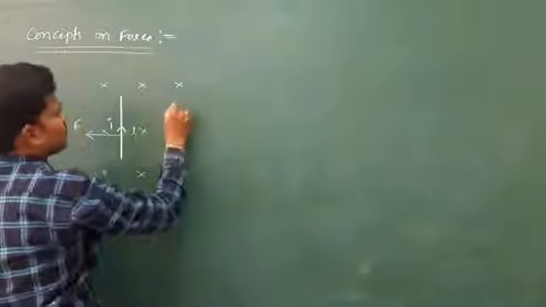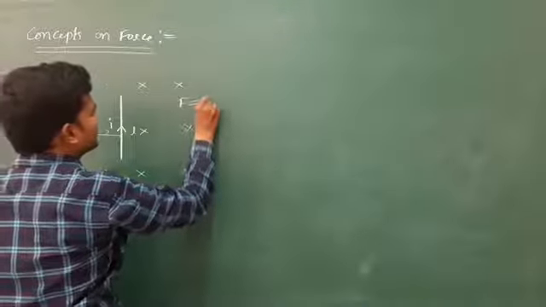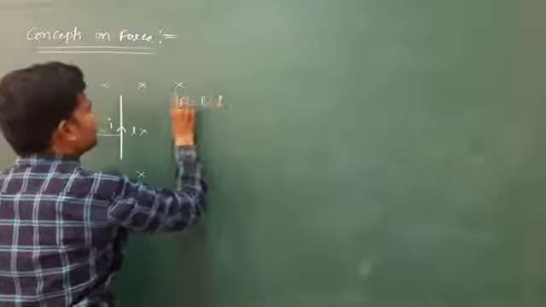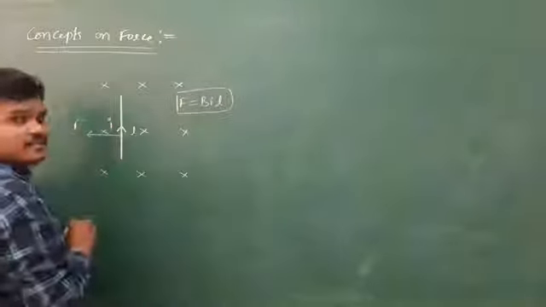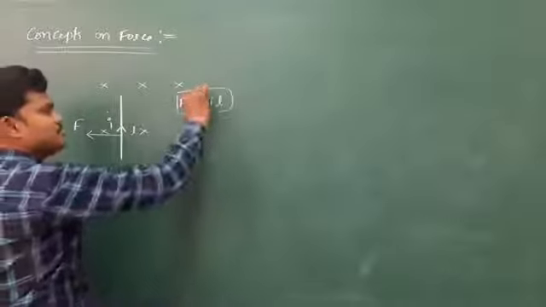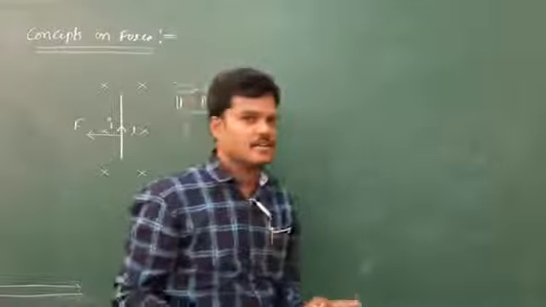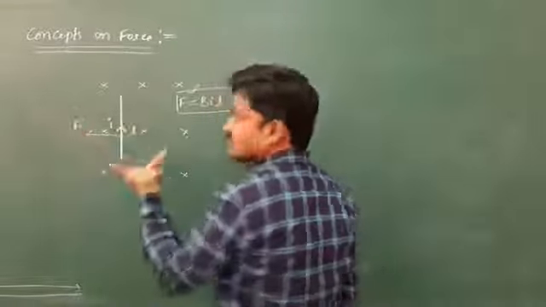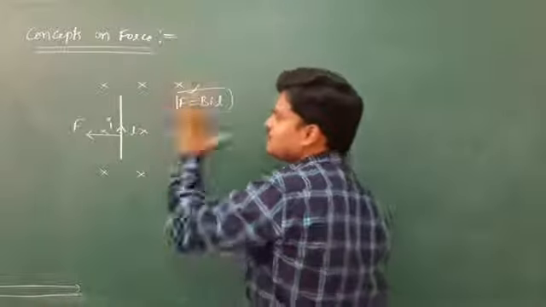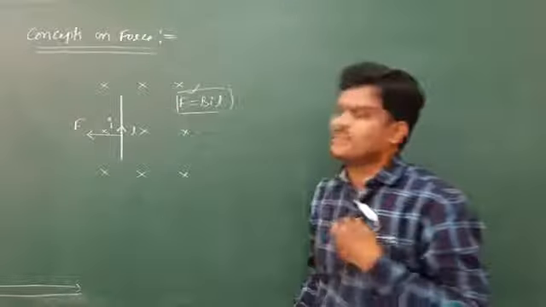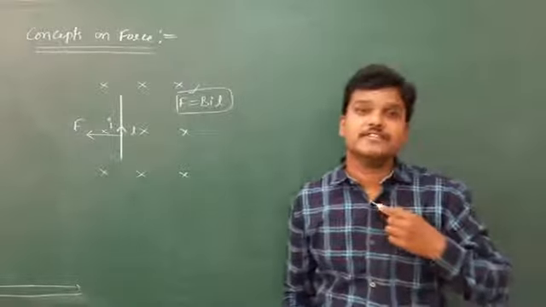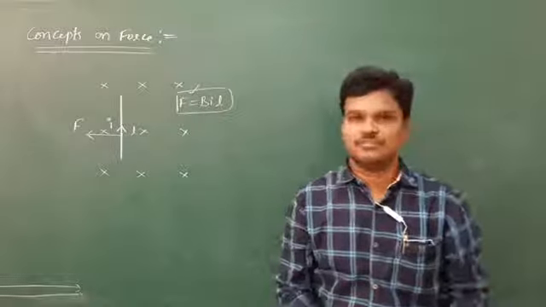Just I am recalling once again. The force acting on this conductor whose length is L, we can write as BIL sin theta. Anyhow, theta becomes 90 here. Angle between these two is 90. So L and B are perpendicular, so maximum force it will experience, that is equivalent to BIL. Here the force is towards left, and this direction of the force we can also identify by using Fleming's right hand rule.